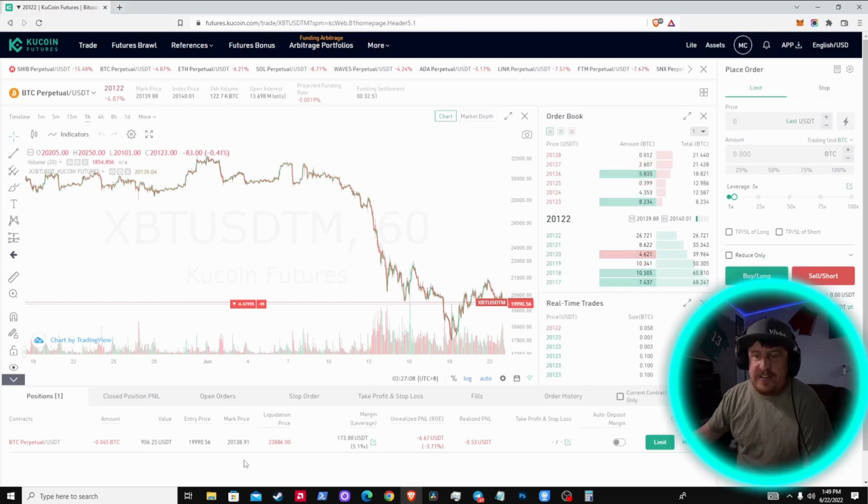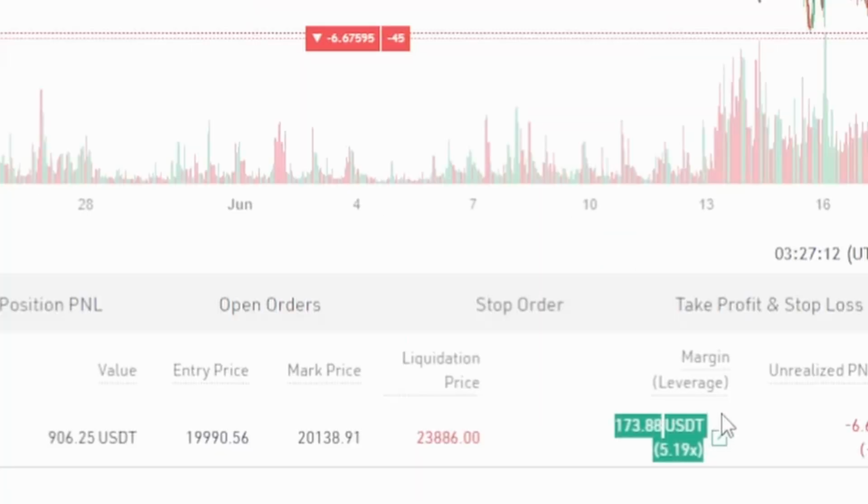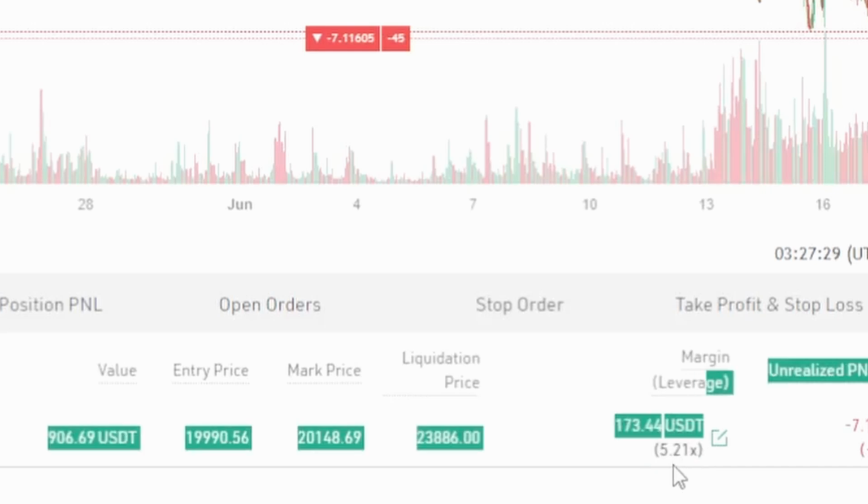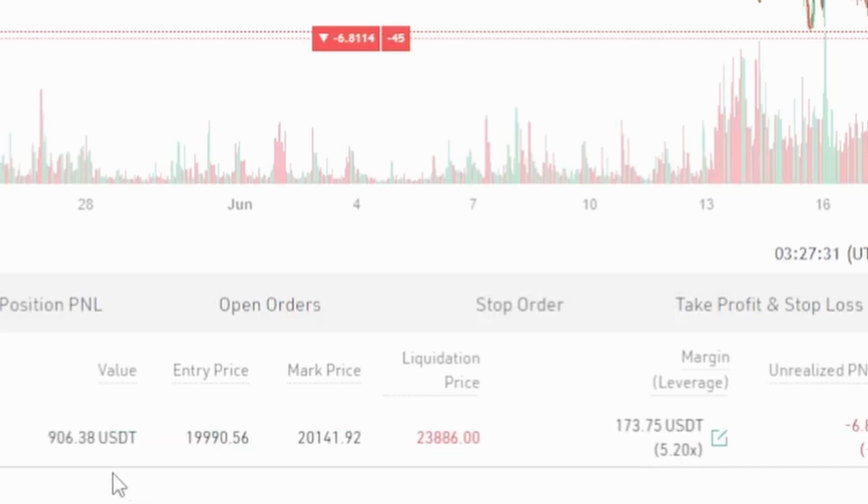So now over here, when I get to this part, which I can actually just skip ahead to, where it says margin, this $174.09, which is fluctuating every so little bit as Bitcoin goes up or down, this is the amount that I'm actually risking in the trade. But I'm using this leverage down here of around 5, right? So if you take this $173 and times it by 5.21,